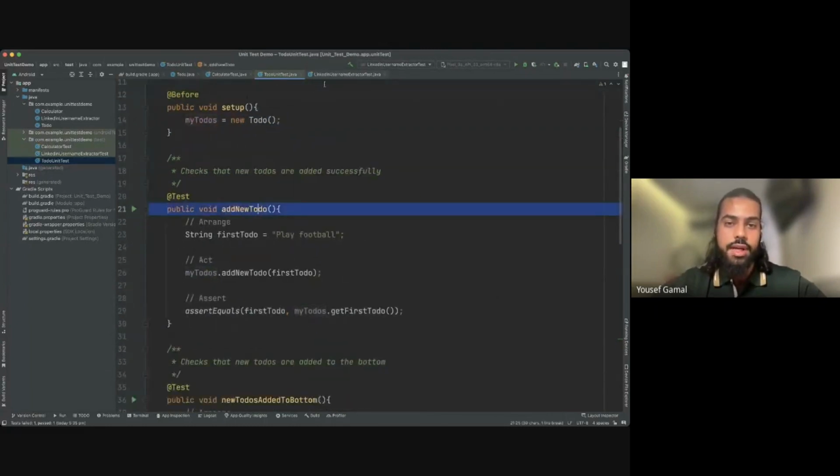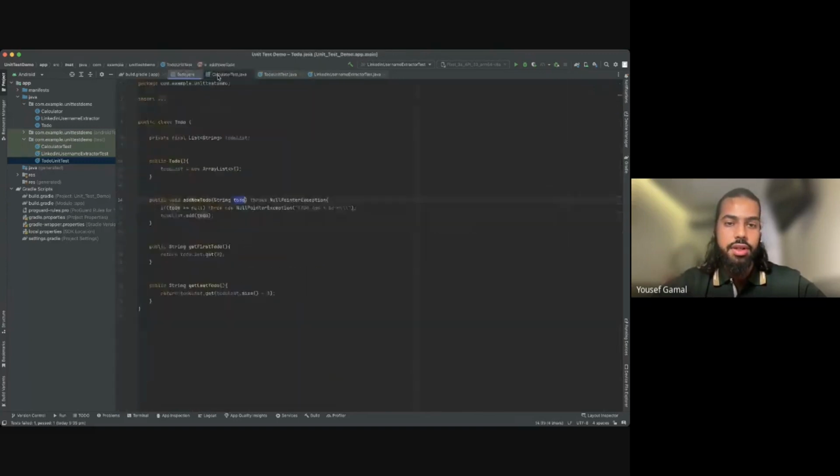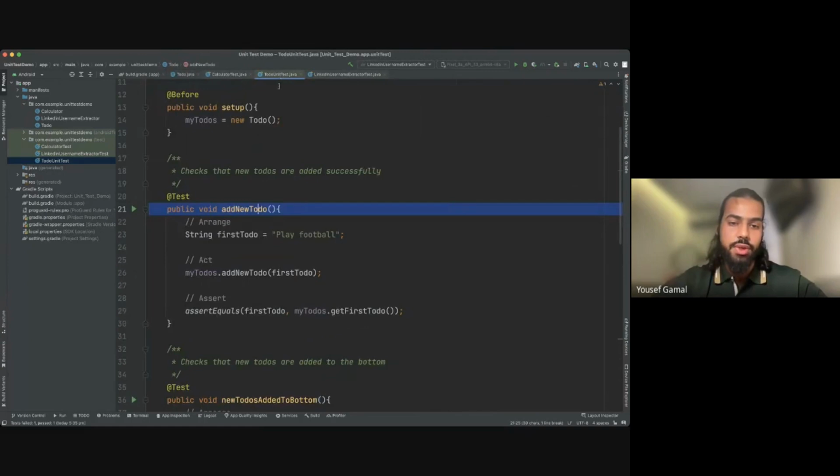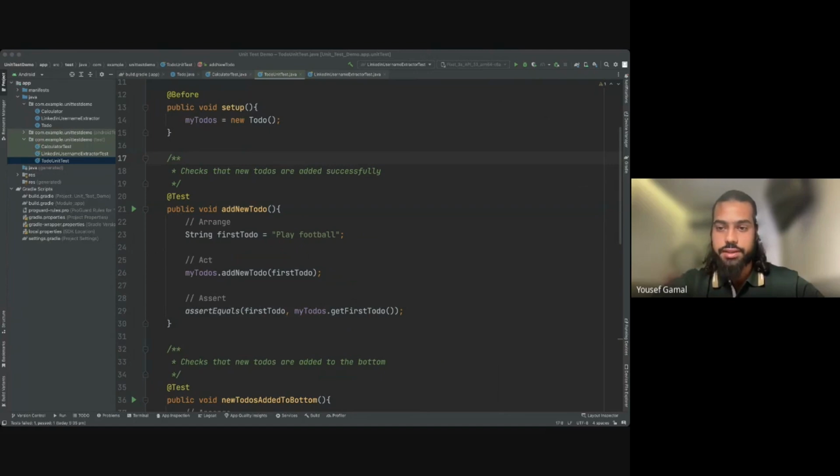And then I'm testing my new to-do. So I have in my code here, I'm trying to add a new to-do. So I want to make sure it's working well. There is one thing that we try to follow when we're making a test, which is 3 things: arrange, act, and assert. Assert is where we test our assumption. Act is where we do an action, and arrange is just if we want to set up anything before that. So here we are arranging,